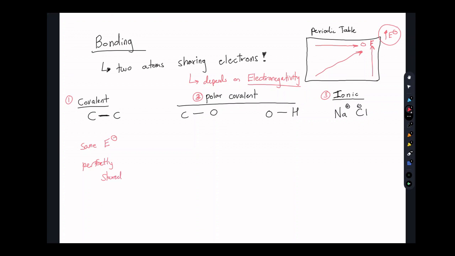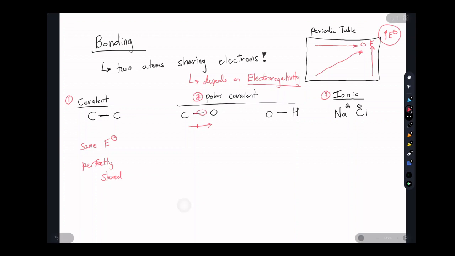This is different from the polar covalent bonds, which we still view as sharing, right? Covalent basically means we're sharing our valence electrons. But what does polar mean? Well, here in the first case, we have a carbon-oxygen bond. The oxygen, being the more electronegative atom, pulls electrons towards it, which we use a dipole arrow, which is an arrow with a little line going through it, to represent. The idea here is that this oxygen is pulling some of these electrons toward it, and that this bond is